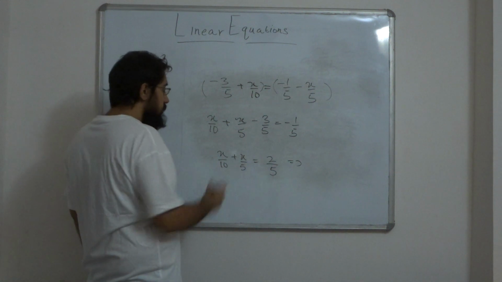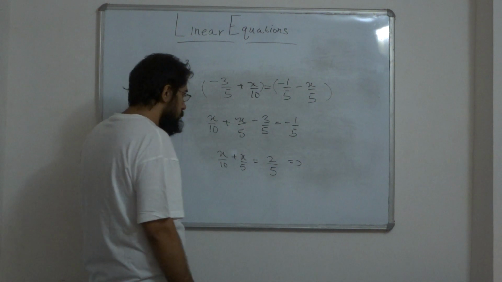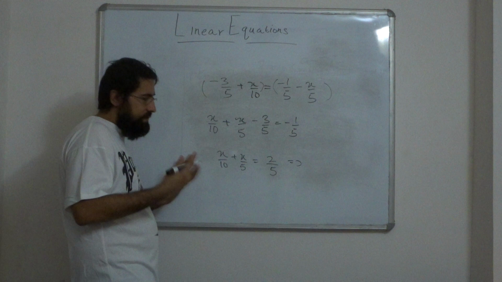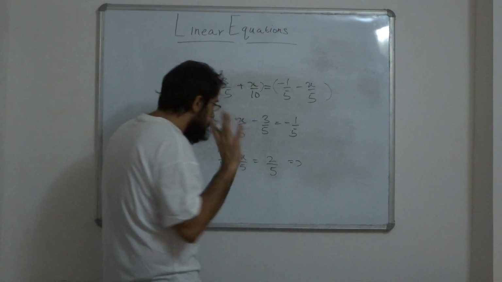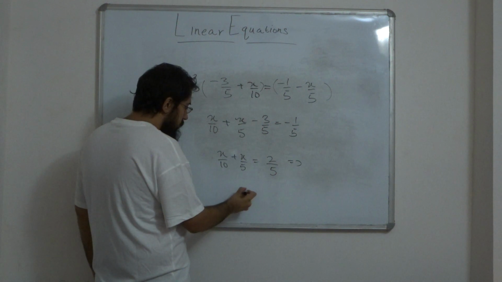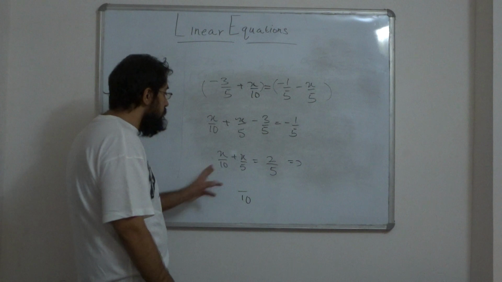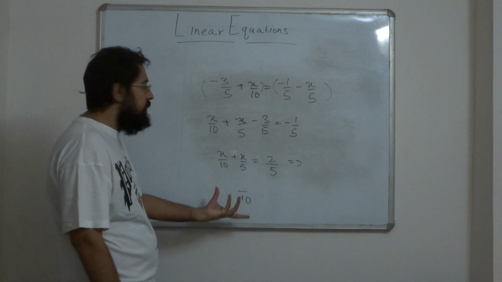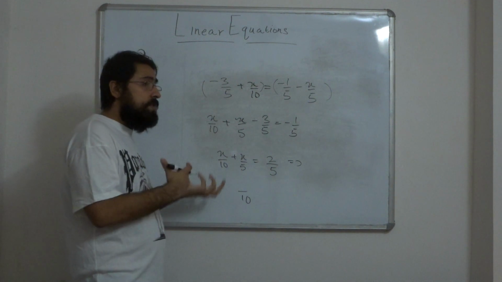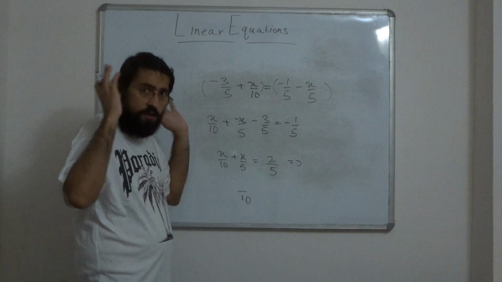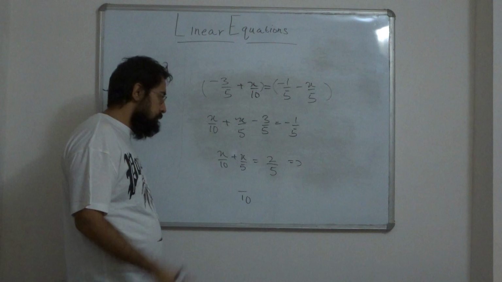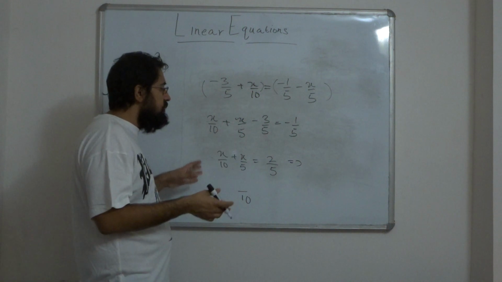There are 2 ways. You can either use the LCM and solve it. Let me just show you both the ways, because I think it's important. Let me show you the first way. The first way, guys, is you take the LCM. So the LCM here is 10, not 50. You could take 50 as the LCM, but then you're going to get even bigger numbers. You're going to have to add and subtract even bigger numbers. It's going to make your life way more complicated, way more difficult. And I don't think we need to go to the ends of the earth to solve